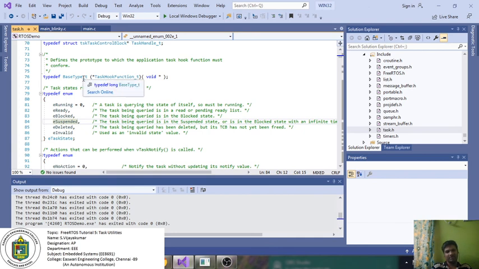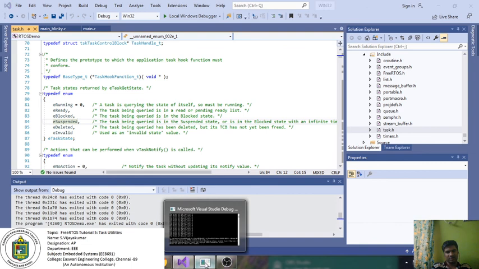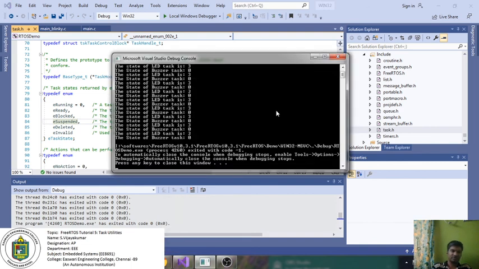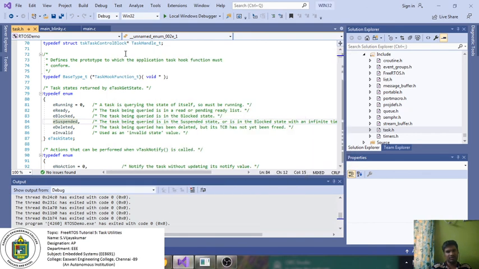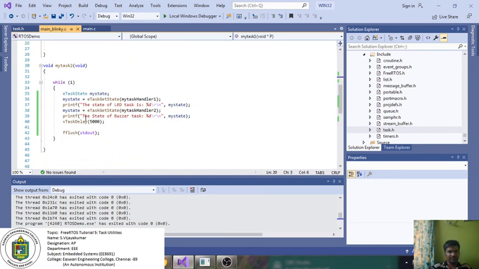Through this value only we can find out whether a particular task is running, blocked or suspended, whatever it may be. So this is one of the task utility functions. You can visualize which task is in which state through this particular task utility function. So the next function we are going to see is